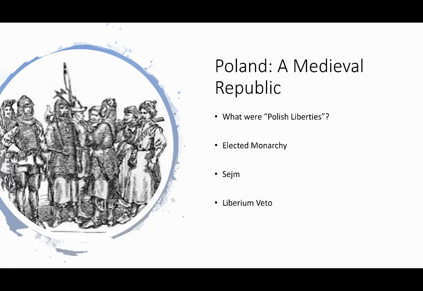For example, if Poland needs to go to war, and all the nobility begins to think we need to create a national army, one noble can say, wait a minute, if we create a national army, that would create a nation state, which then centralizes, which means I would lose my liberty. Oh, heck no. I pull my Liberum veto. One noble can stop the progress of the entire Poland. Why does he do this? Because he wants to maintain his individual Polish liberties. I think the Liberum veto is at least the most important political idea.